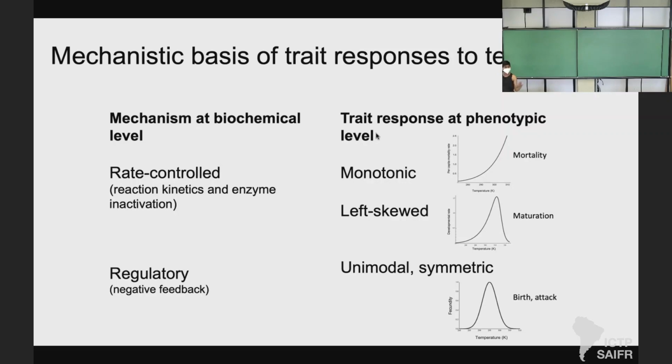A lot of times organisms operate at an optimum that maximizes their fitness. So this is distinctive from the rate control where basically temperature drives the reaction to its maximum and then either the organism dies, or temperature keeps increasing until the organism has such high mortality it dies. But the regulatory thing are then